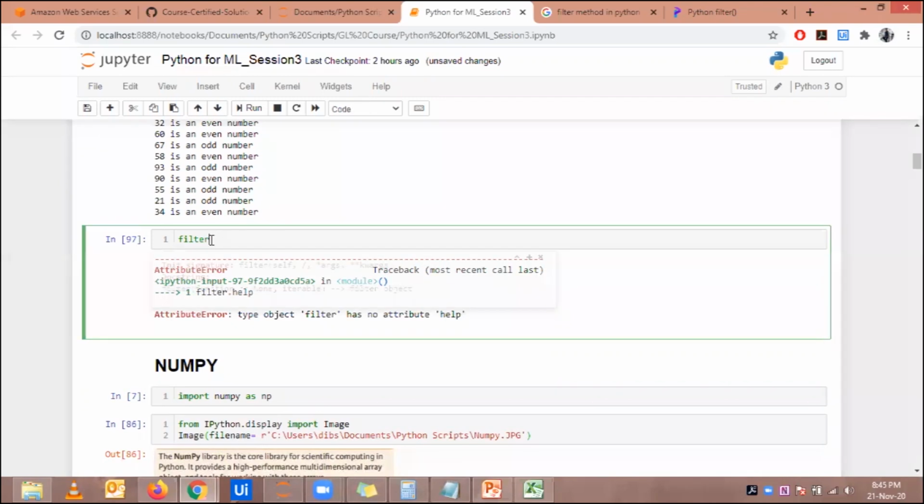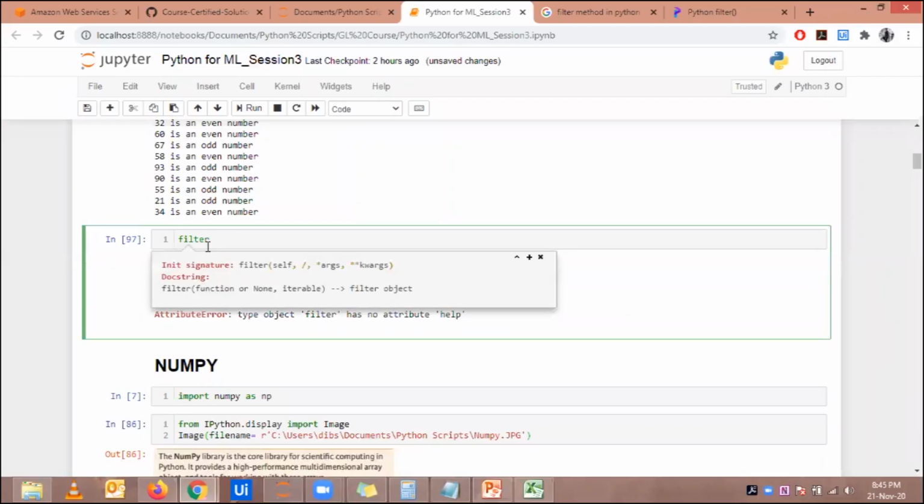Shift on. Yes. So in Jupyter also, if you want to know what a specific method takes, write the method, and if you hit Shift Tab on your keyboard, it will tell you what this inbuilt method is all about and what parameters you need to pass. So it says that for filter, it takes a function or anything or none. Either you can pass a function or anything and then an iterable value.